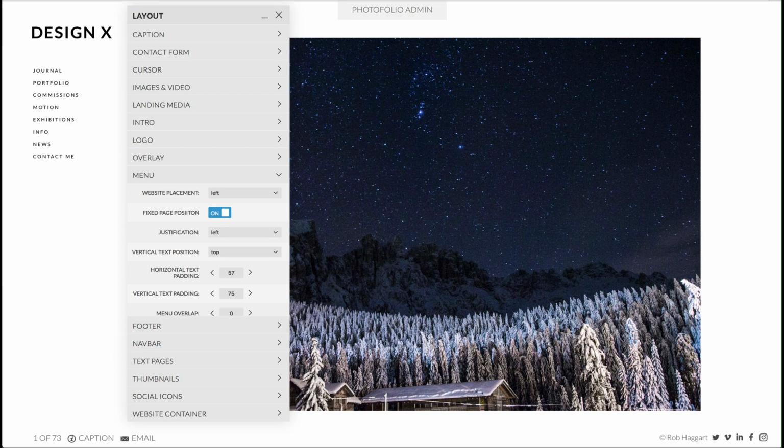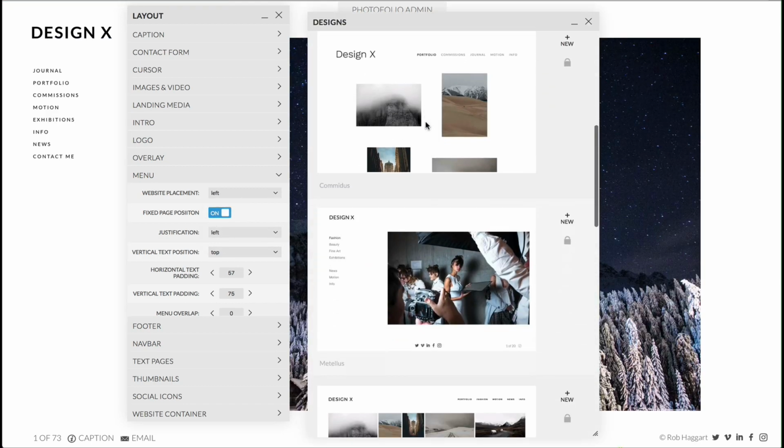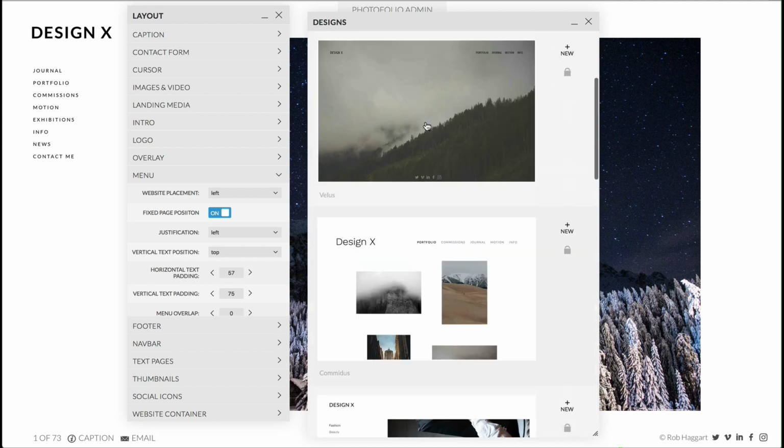Okay, let's get started with the menu. Obviously, this is the menu over here. First thing you want to do is decide where on the website you want to place it. Left, right, top, or bottom. I'll start with left, but you can pick from any of these designs as a starting place and make adjustments